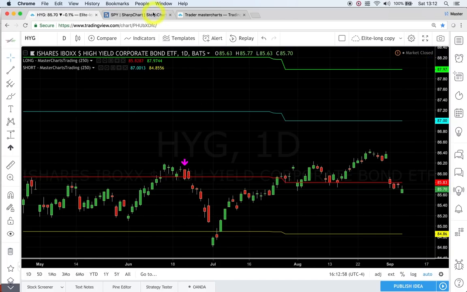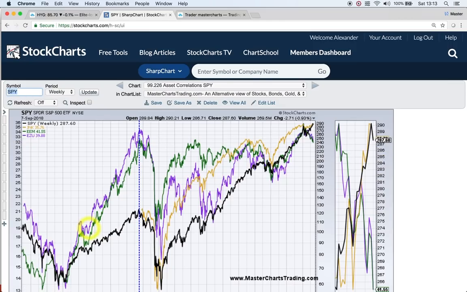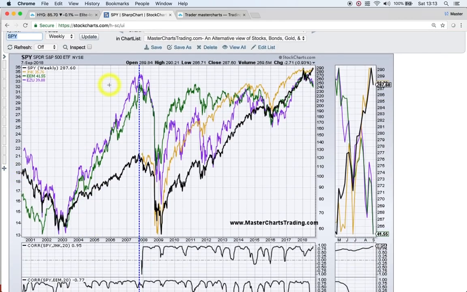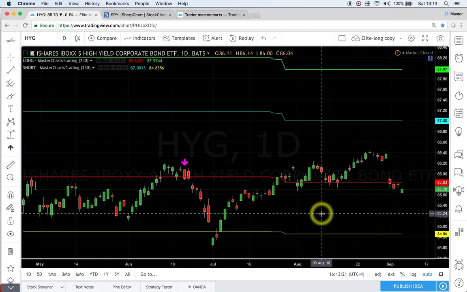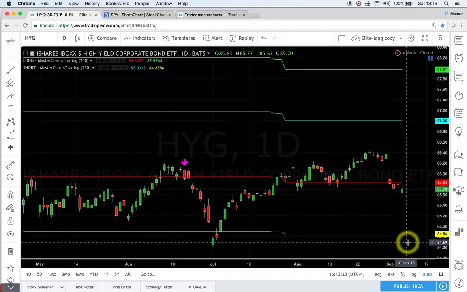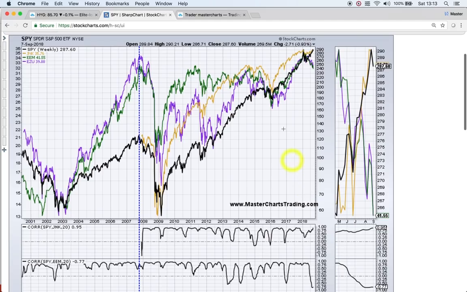Junk bonds and stocks, let me just put it on the correlation chart so we can do JNK and SPY here as well. So junk bonds, you can see correlation is fairly high as well. You can see that junk bonds correlate fairly well with S&P 500. Again, if junk bonds and foreign markets are kind of moving to the downside, then